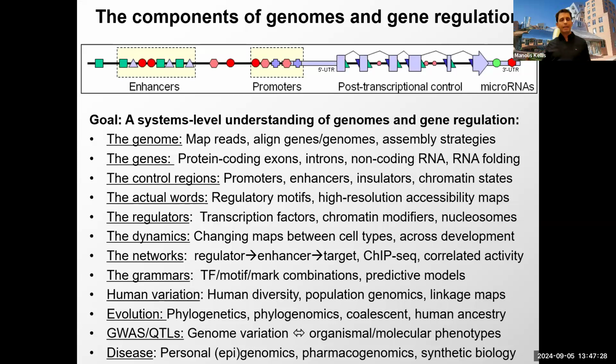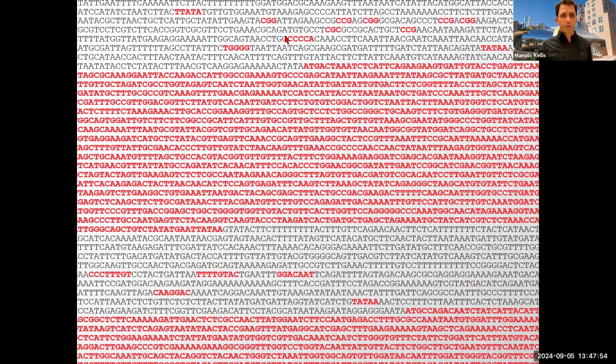So in addition to these motifs and these protein coding segments, the genome has a whole host of building blocks. There are enhancers, which are collections of motifs that act together to control where and when a gene is expressed. There are promoters, which are, again, collections of different motifs. And motifs, in case it's not clear, are these things here, like CGG11CCG or CCCCA, which in reverse complement is TGGGG, which is here. These are patterns that are recognized by specialized proteins that bind the DNA.